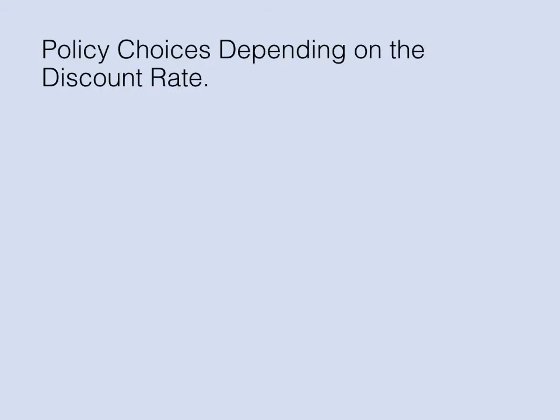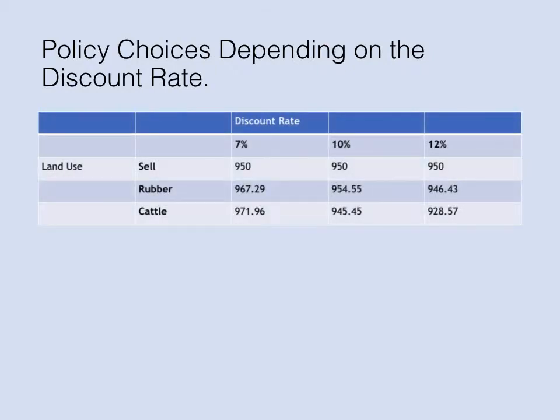Okay, this is section 2 of chapter 5, trade-offs and the economy. All right, so we ended the first section on what would be the optimal choice for the Amazon landowner. Now, taking this further, policy choices depend upon the choice of discount rate. So as you can see in the table here, and this is also in your book,